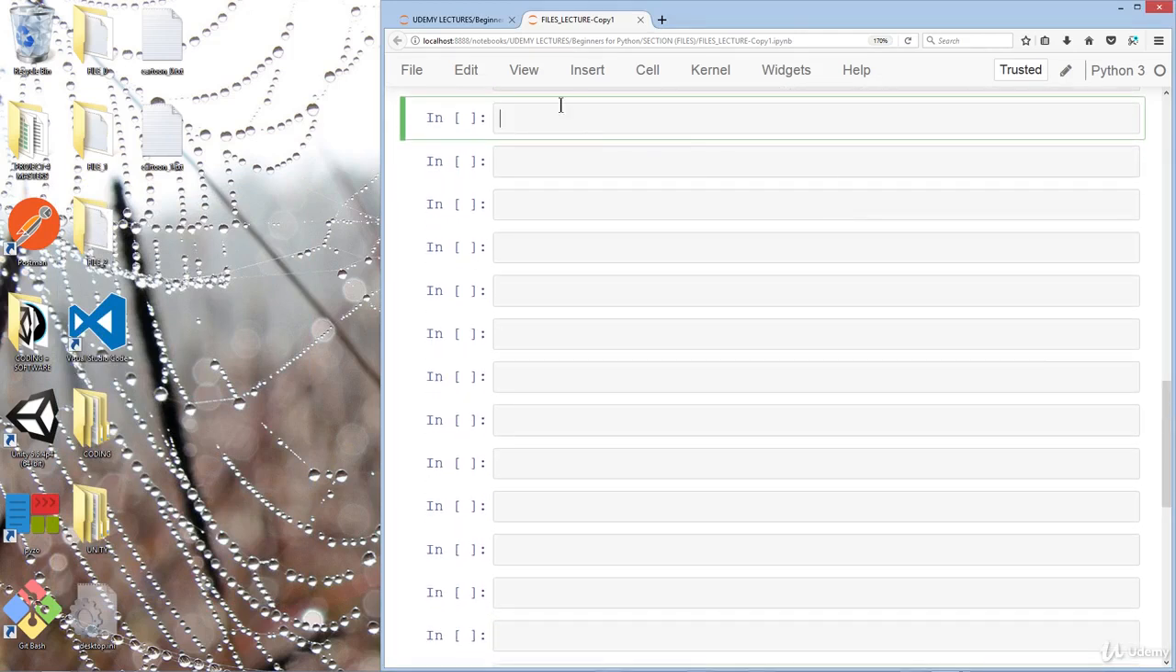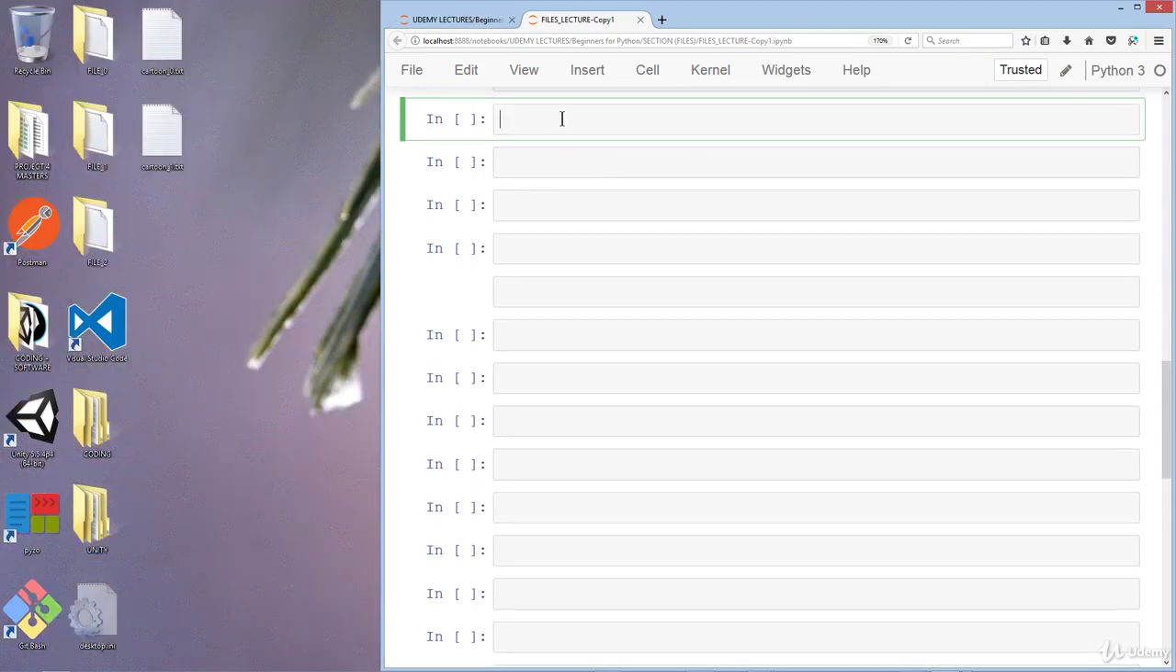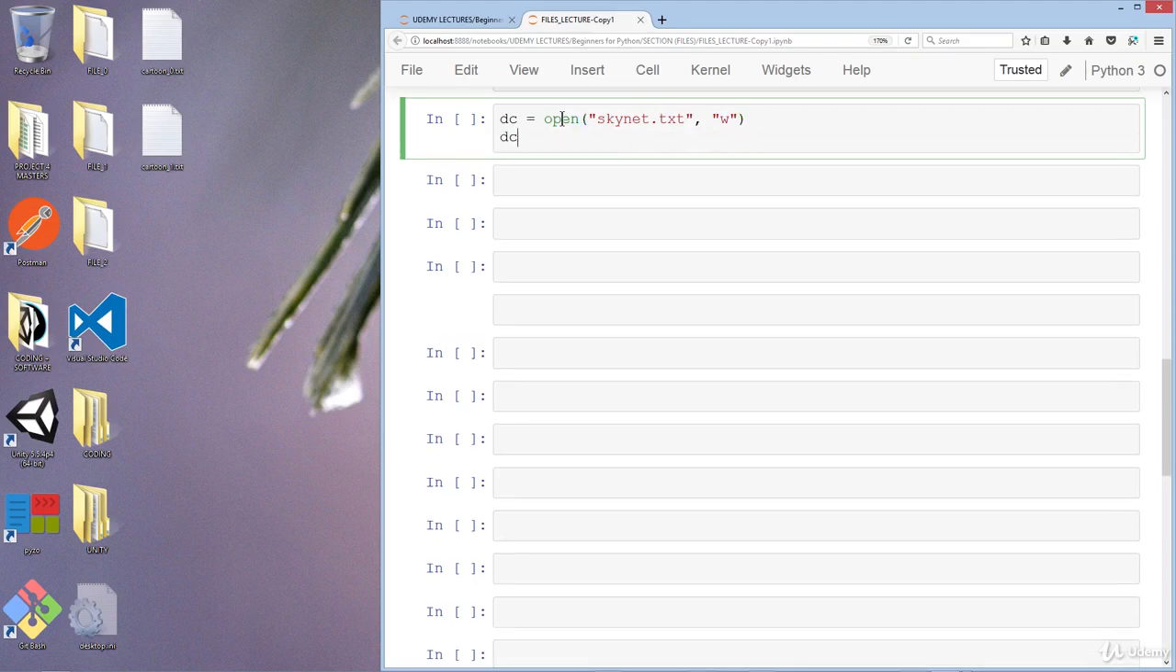So moving on from that one, what we can also do is create a text file within Jupyter Notebook. So let's say we do dc equals open skynet.text, and then we'll do w mode for writing, and we'll do dc.write, and if you remember, we can do a docstring as well, which is for when we have triple quotation marks on either end. So let's say we do Terminator is \n